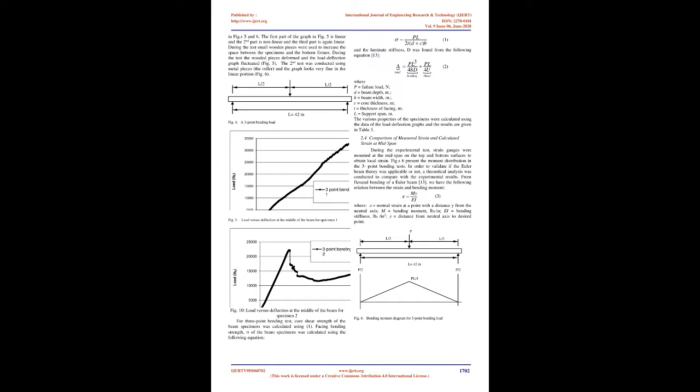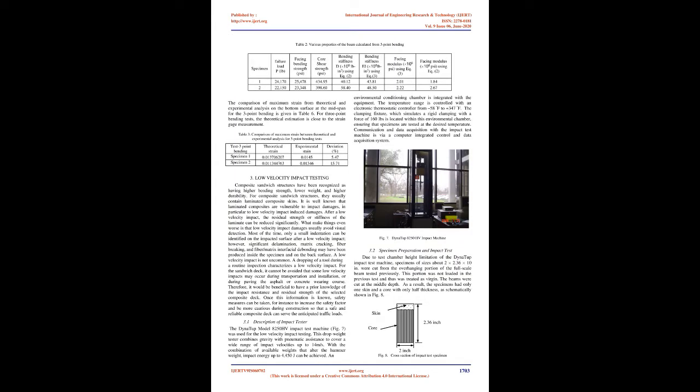In terms of the requirements of ASTM standard C393-00, 5 specimens are tested using a Forney Universal Testing Machine. 3 specimens are tested under 4-point bending load and the other 2 specimens are tested under 3-point bending load. These flexure tests, 3 and 4-point bending, are used to determine the sandwich flexural stiffness, the core shear strength and shear modulus, or the facing bending strength based on the ASTM standard